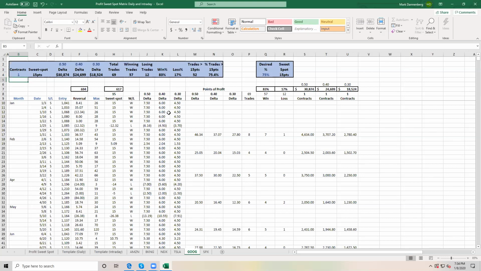We gave you 3 different levels, and of course you can factor in your own. But what we have done is we've created what we refer to as a sweet spot. And because of all of this data, we've been able to calculate the percentage of time that that sweet spot would be met. Now, the sweet spot is presented to you as an expected, anticipated movement of the underlying stock. And so it would be that movement multiplied times the delta would be your reasonable anticipated profit on the option.